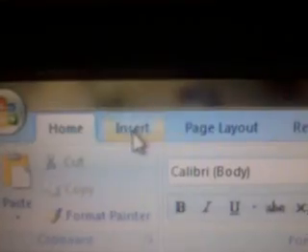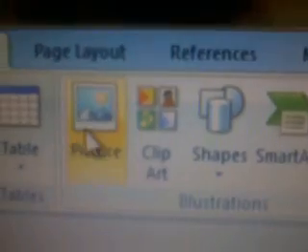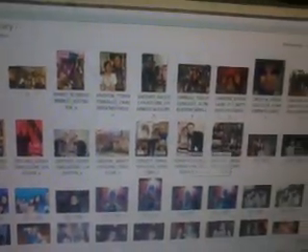Next is how to insert a picture. You need to press insert, and after that you press picture. After that you will pick the picture you want, choose one, then click